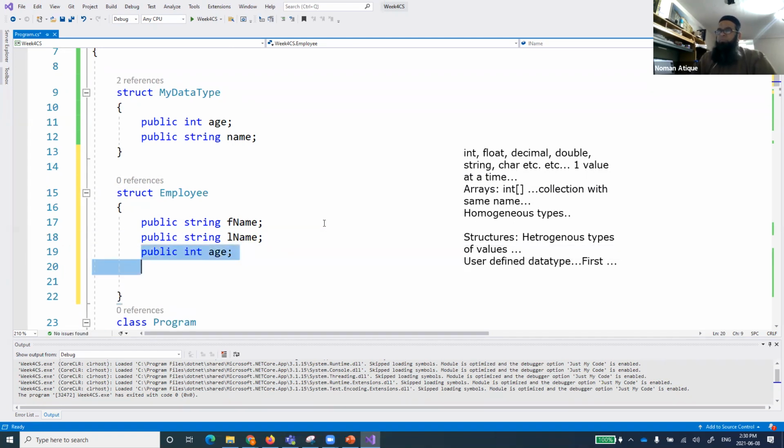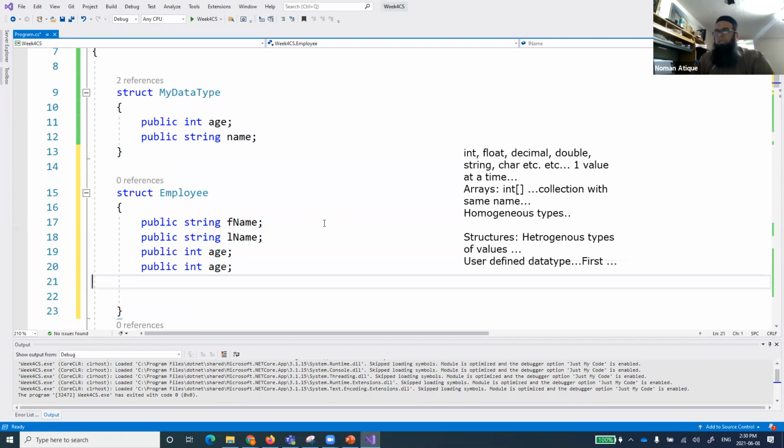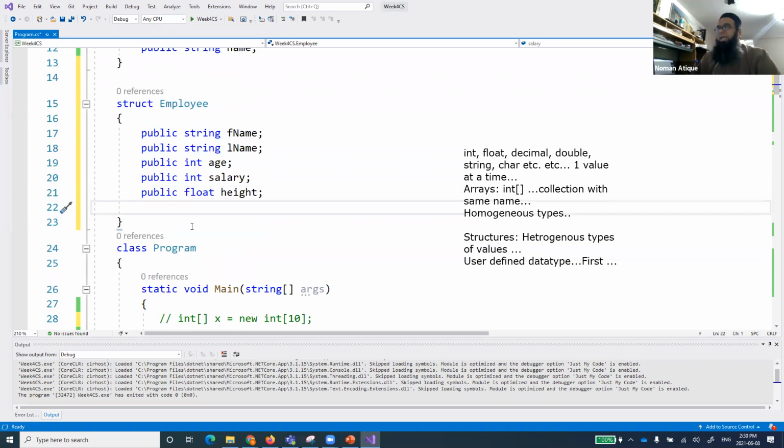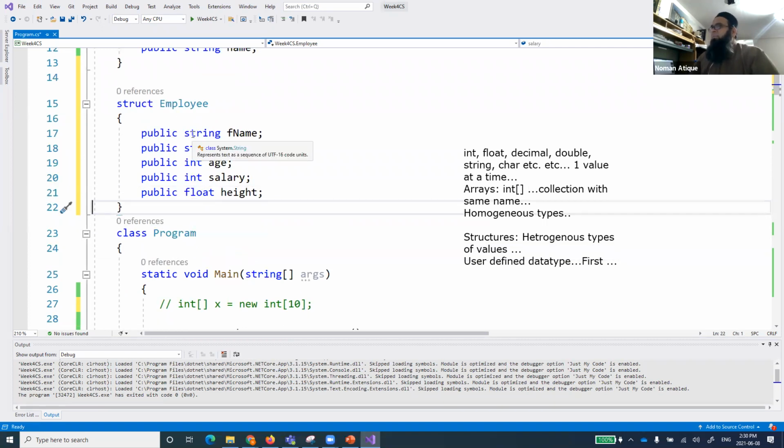Anything that you want to store about them. So for example, you say salary, and you can say, for example, float height, whatever you want to store. You see what is going on? Now we have a data type with the name Employee.